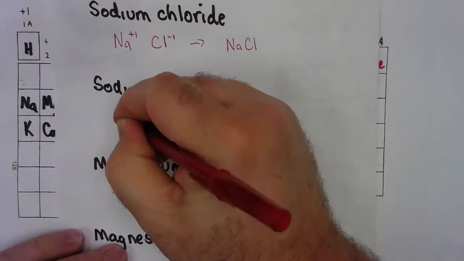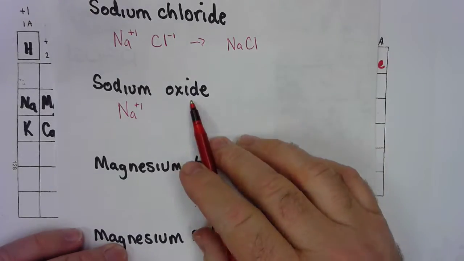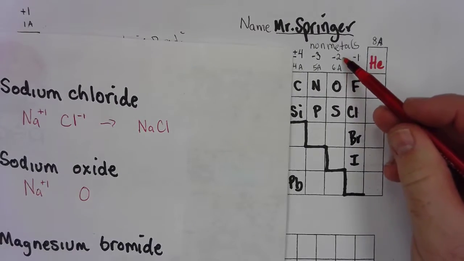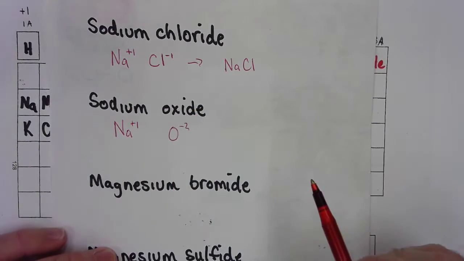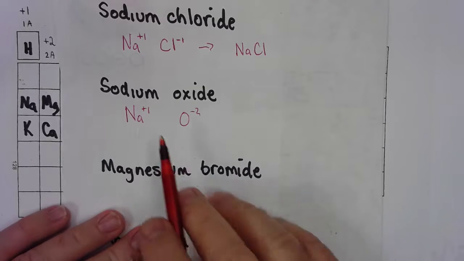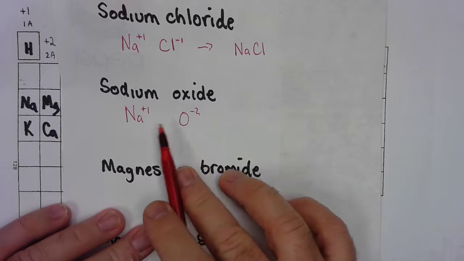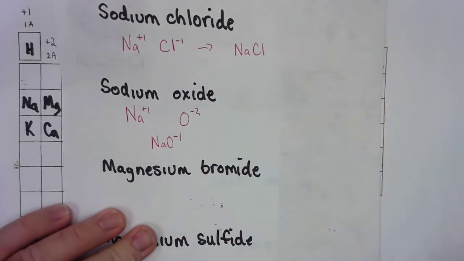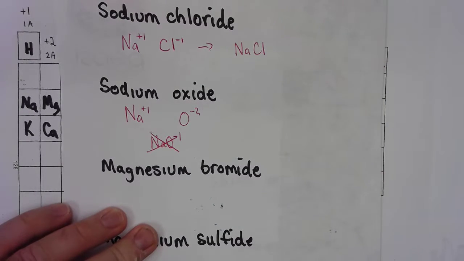Sodium oxide. Again, we have our sodium ion, which has a +1 charge. Oxide is the anion version of oxygen. We see that oxygen is in the -2 column, so oxide has a -2. What a lot of students want to do at this point is just smash those together, and we get Na with a +1, O with a -2. We'll add, we get NaO with a -1 charge left over, but that is no good. That is still an ion. We don't want an ion. We want it to be a